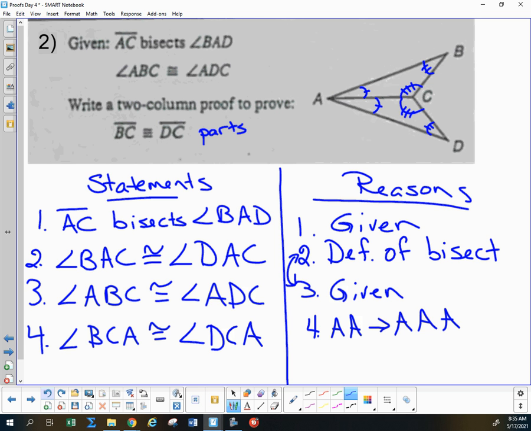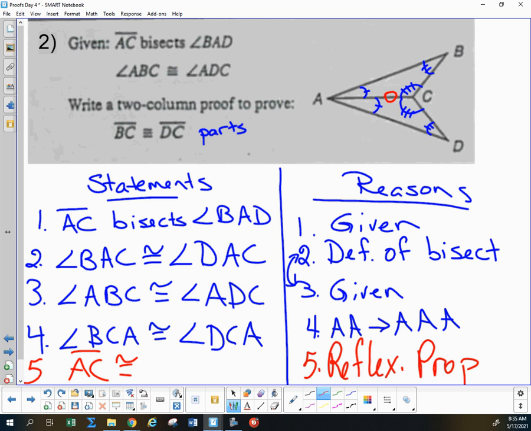Why? So AC in the top one is the same segment as on the bottom, so that's going to be the reflexive property. So AC in the top has to be congruent to AC on the bottom. A had one tick mark in the top, A has one tick mark in the bottom, C has 3 in both, so AC is congruent to AC this time. That is enough for the triangles to be congruent